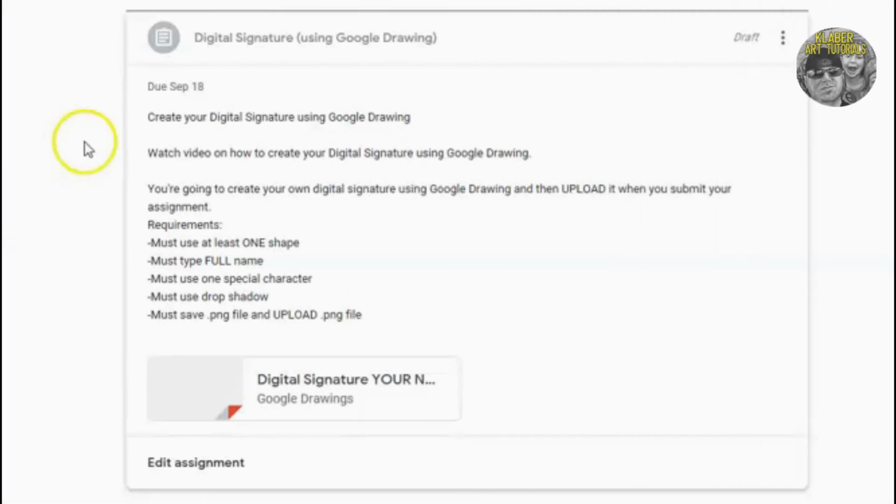For this week's assignment, you're going to create your digital signature using Google Drawing. You're going to watch this video on how to create it. The requirements are you must use at least one shape. You must type your full name. You must use one special character. Must use drop shadow. And you're going to save this as a PNG file, and you're going to upload that